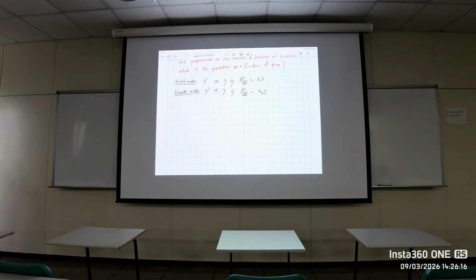Then the question is, because birth rate is increasing the population, death rate is decreasing the population. So what am I looking for? Whether the total population is increasing or decreasing, that is the growth rate. If it is increasing, positive growth. If it is decreasing, negative growth. Right? So I can rewrite this one as the growth rate